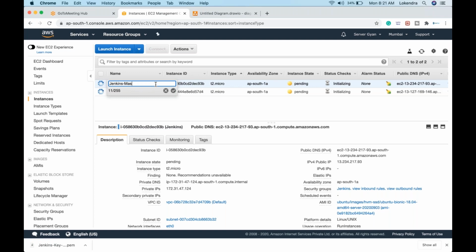Jenkins master. So guys, what we are doing here is, although we created both machines at the same time, it is just for bifurcation, so that we know which server will be working as Jenkins master and which server will be working as Jenkins slave. That is why we are going to perform this, right? But guys, keep this in mind whenever you perform this sort of practical. There is no additional need. See, this is just a naming convention, that obviously it is our choice that we are going to install Jenkins master on this machine, and we will be setting up Jenkins slave on this machine, right?